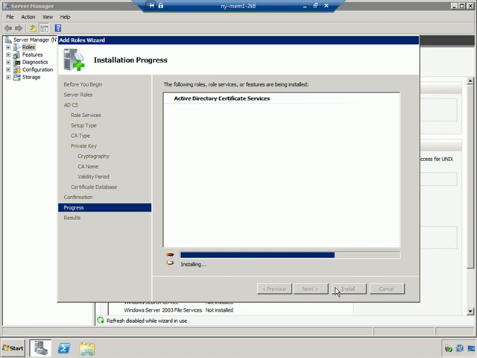And then it's going to go through here and it's going to install Active Directory Certificate Services, just as you can see here. And it'll take just a few moments. And then when we're done, what we're going to do is jump over to Chicago DC1, and we're going to make that a subordinate issuing CA. And so if you want to kind of think of it as here in the corporate office, we're going to create that root CA. And then in each individual office, we can create an issuing CA for the entities in